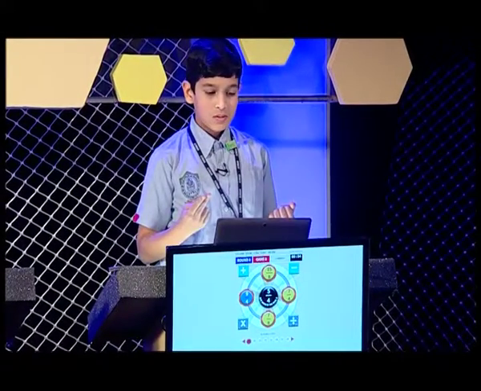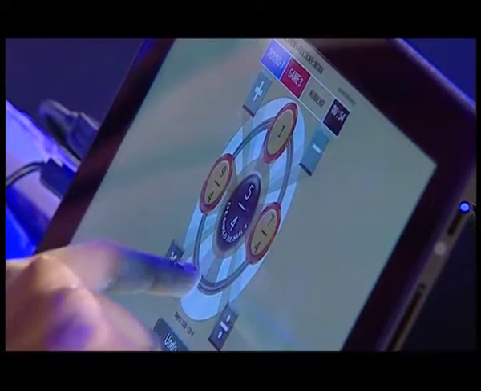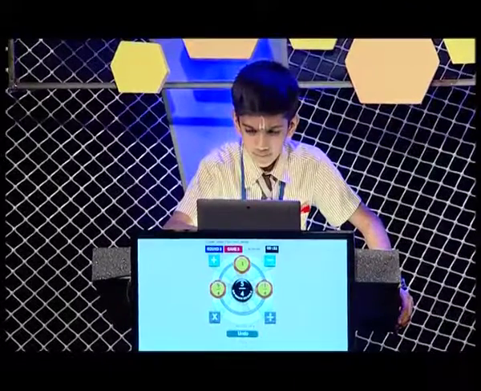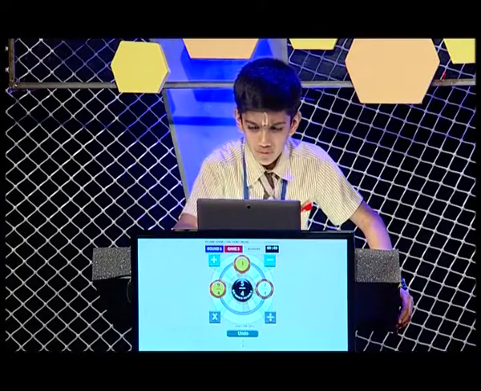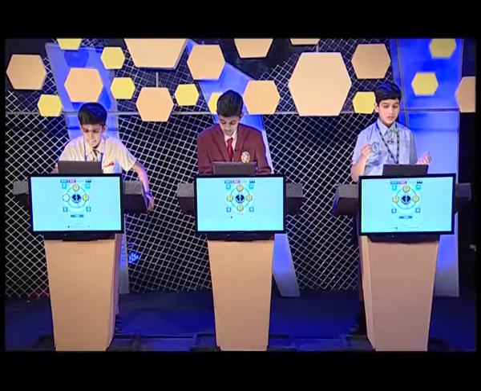Murali's off to a flash, Rishi working on it, and Chinmay being cautious, which is all perfectly all right. And while the 3 of them work at it and concentrate very, very hard, it's your job too at home to concentrate really hard and to make sure that you're getting this right. It's very important to get this right. While you're doing that, I'm going to take a quick break, and on the other side, I'll come back and tell you what all 3 of them did, and let's compare notes as to what did you do.